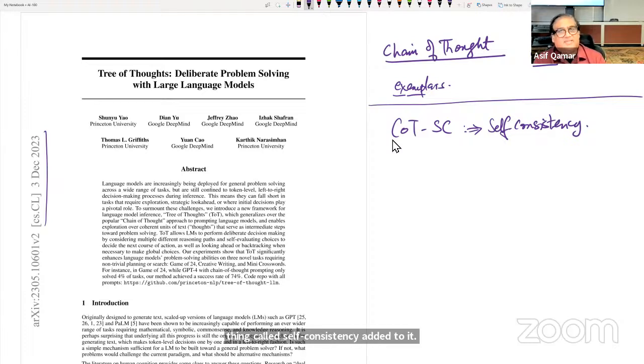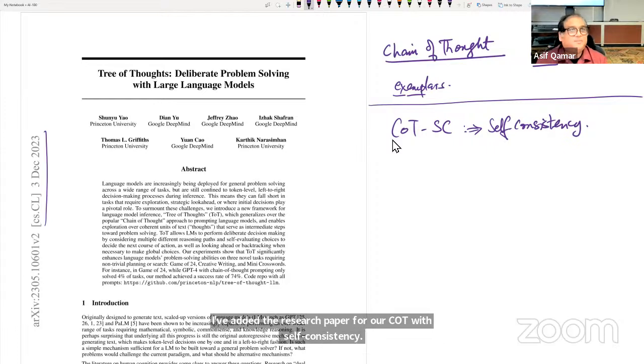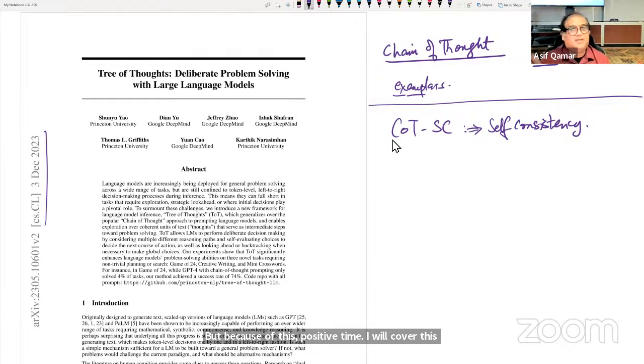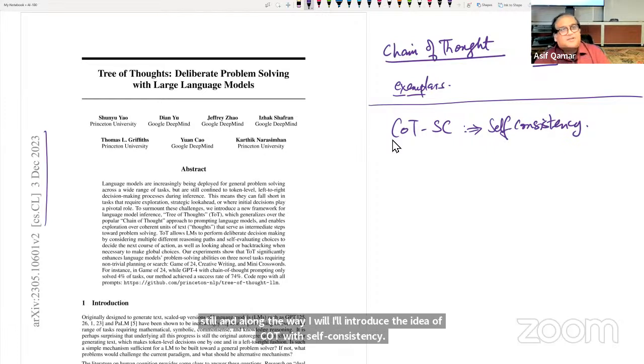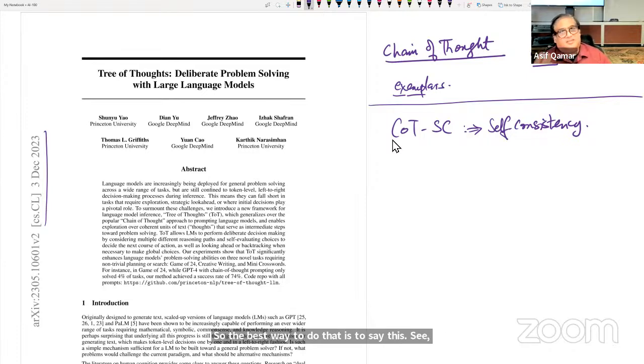I'll first start by explaining that. In the portal, I've added the research paper for CoT with self-consistency. But because of the paucity of time, I will cover this paper in greater detail since it represents a big milestone. Along the way, I'll introduce the idea of CoT with self-consistency. The best way to do that is to say this. A large language model, at the end of the day, is an autoregressive or causal decoder that, given the input prompt and whatever system instruction you put, all of it being the input,